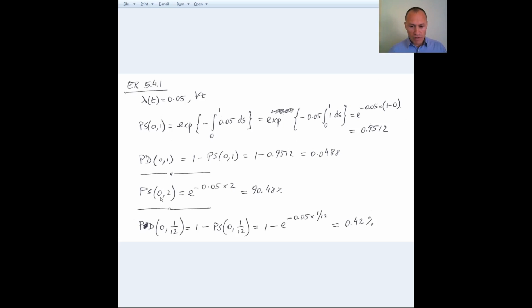So the probability of surviving between 0 and 2 years from now comes directly from the equation. So it's just the exponential of minus lambda times the distance between 0 and 2, which is 2. That would be 90%. If you want the probability of default over a very short period, say 1 month, you just take 1 minus the probability of surviving over 1 month. The probability of surviving over 1 month is the usual exponential of minus the integral from 0 to 1 over 12 and so on. Since the lambda is constant, it becomes this very simple expression, 0.42%. Okay. So going back to the handouts,